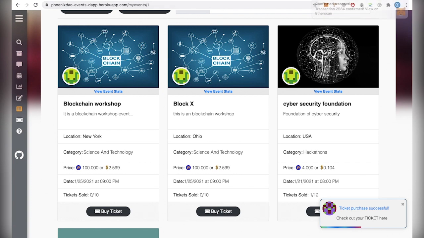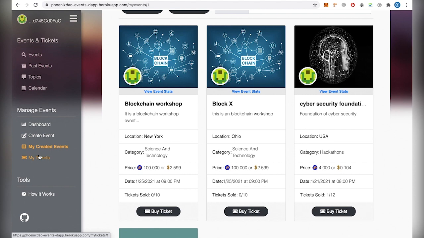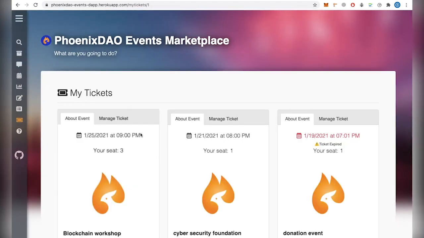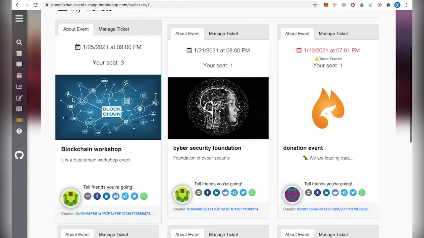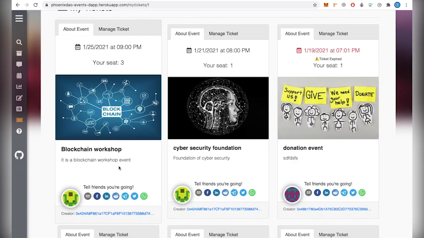Okay, so it's confirmed now. So I should have a ticket here. Okay, so this is the latest ticket that I have bought in front of you.